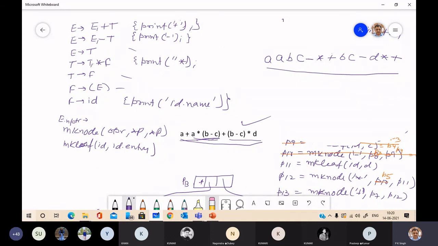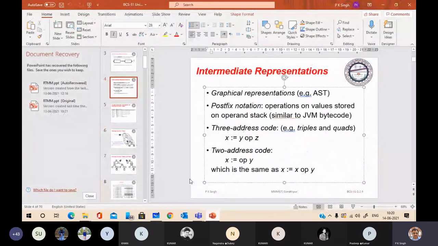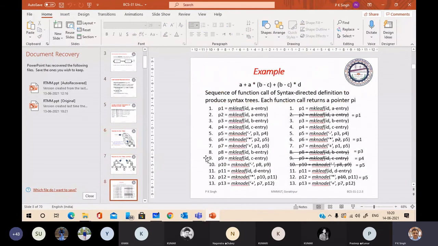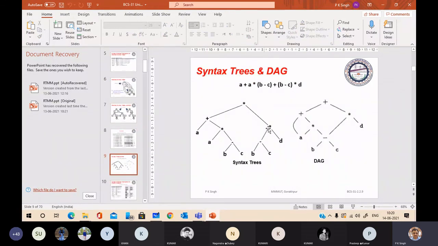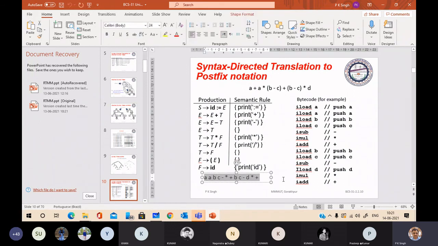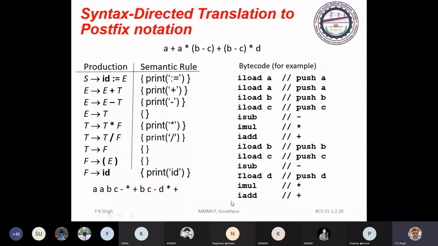If you see, this is what we have discussed. So it will generate this postfix expression. And this is the byte code.